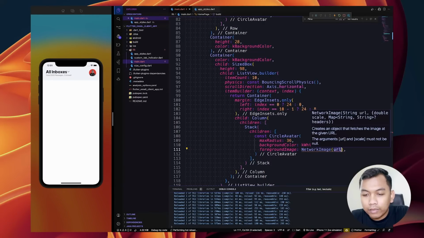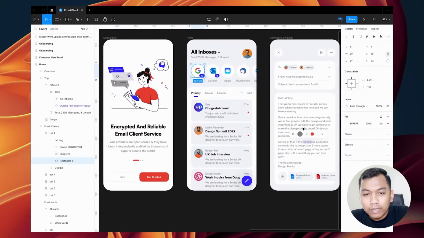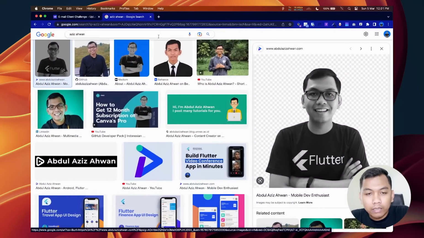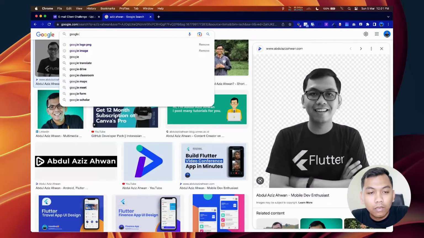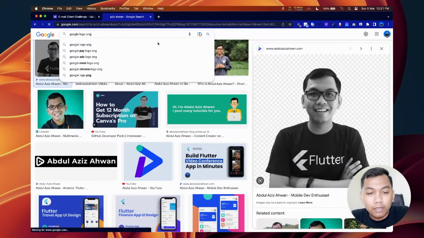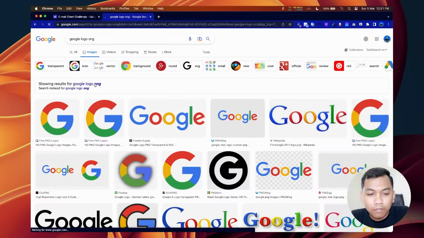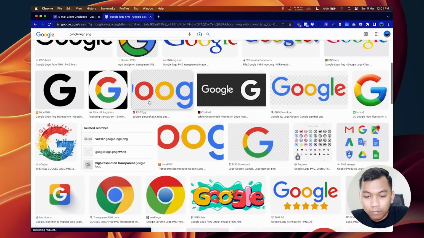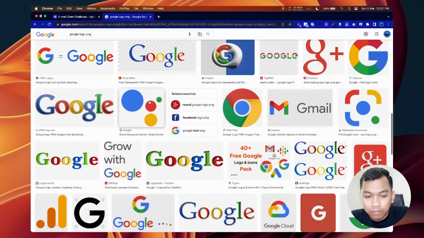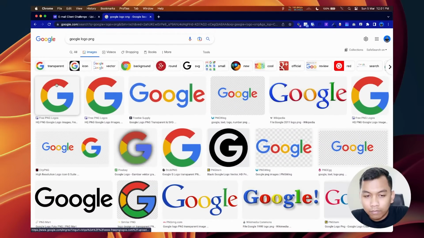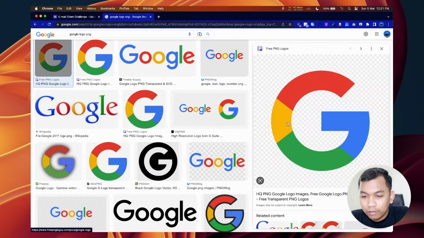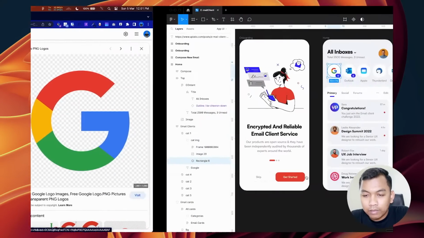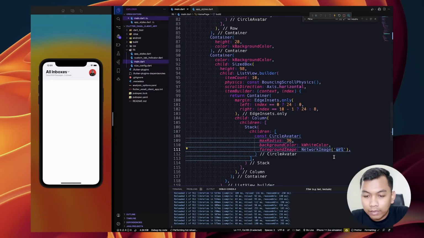For now, let's use NetworkImage, and let's find Google logo PNG. I think this one. Just copy image address and paste here.